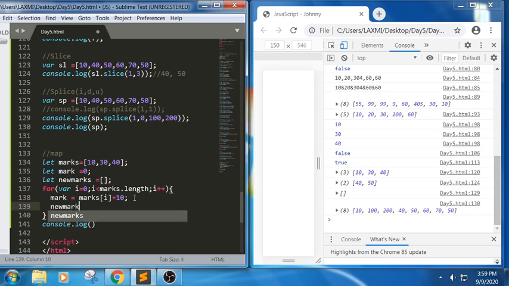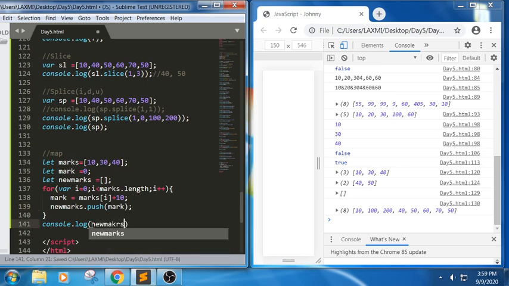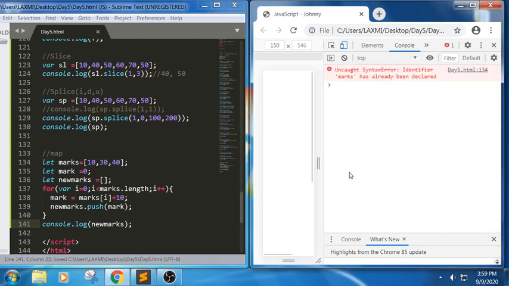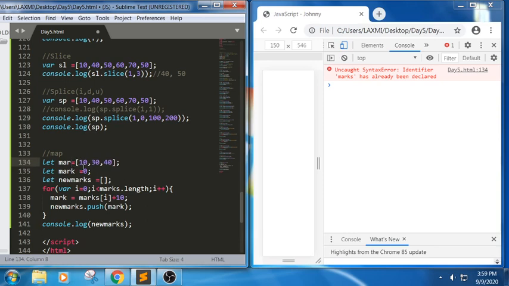New marks dot push of mark. Whatever marks we get, I'm putting in this. Now we will get marks, where marks is already defined. In the initial one we have written it, right?